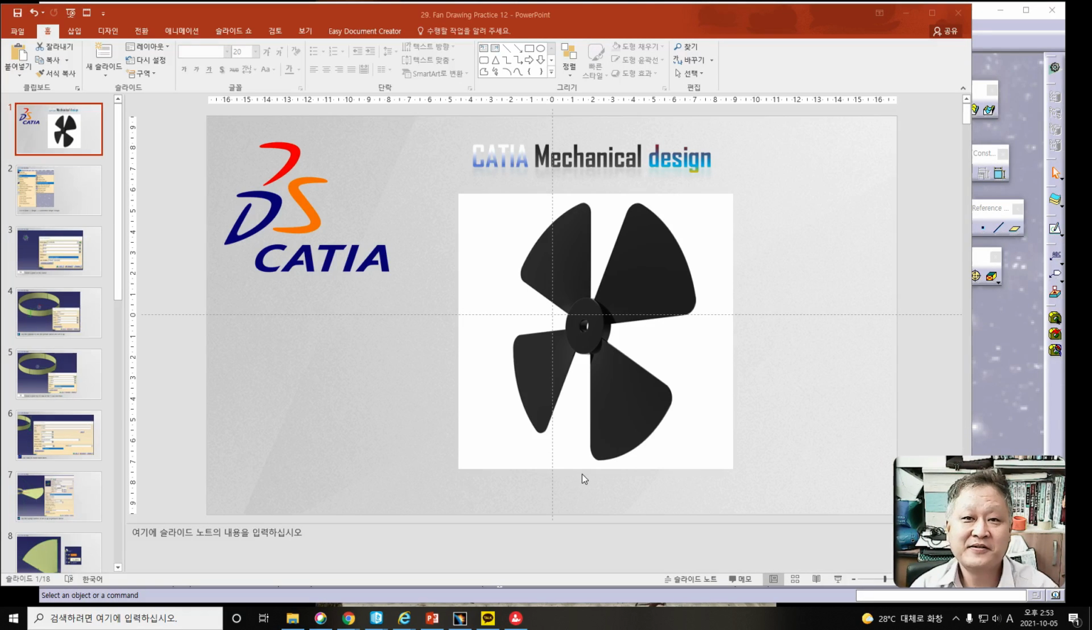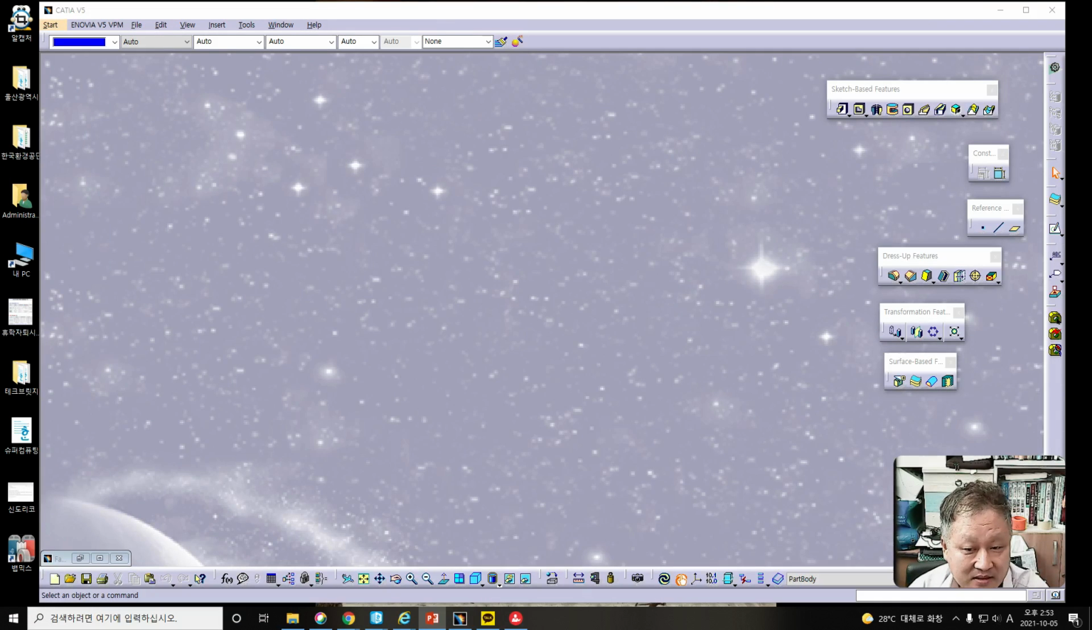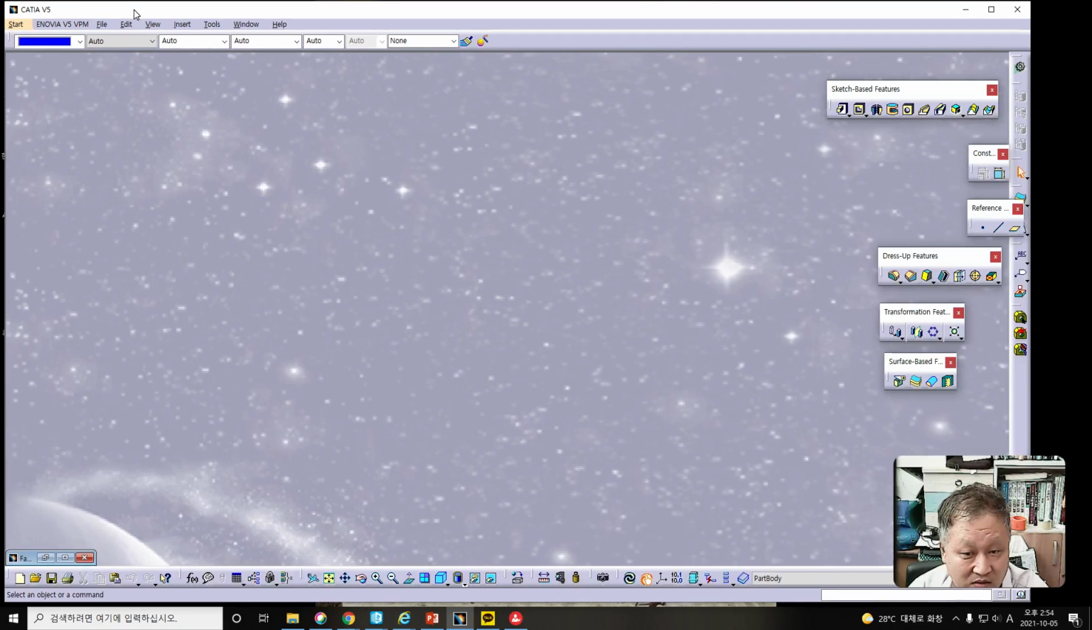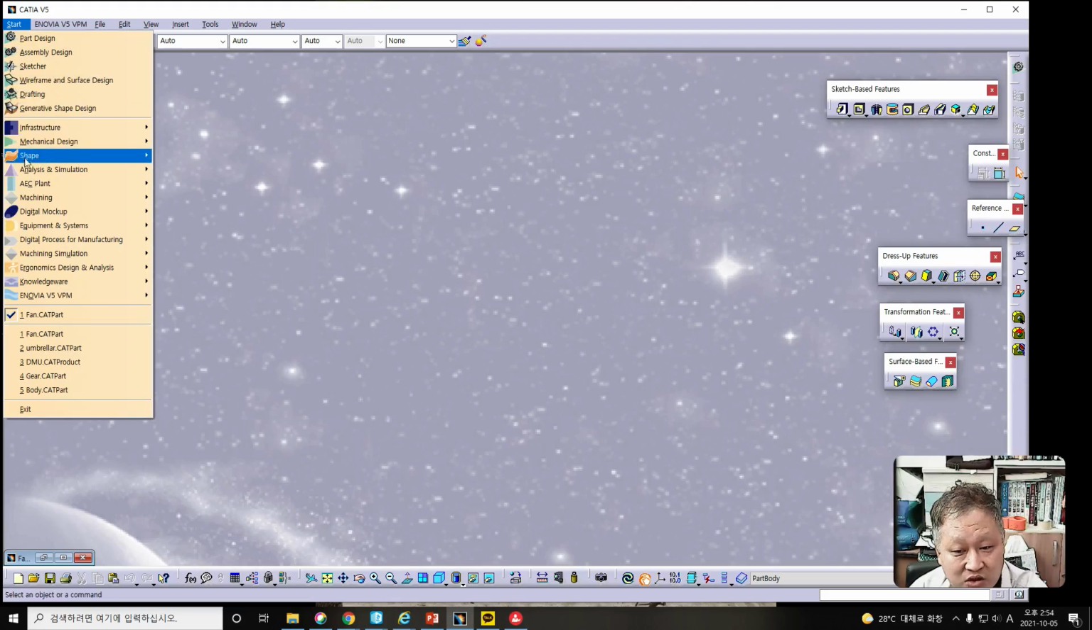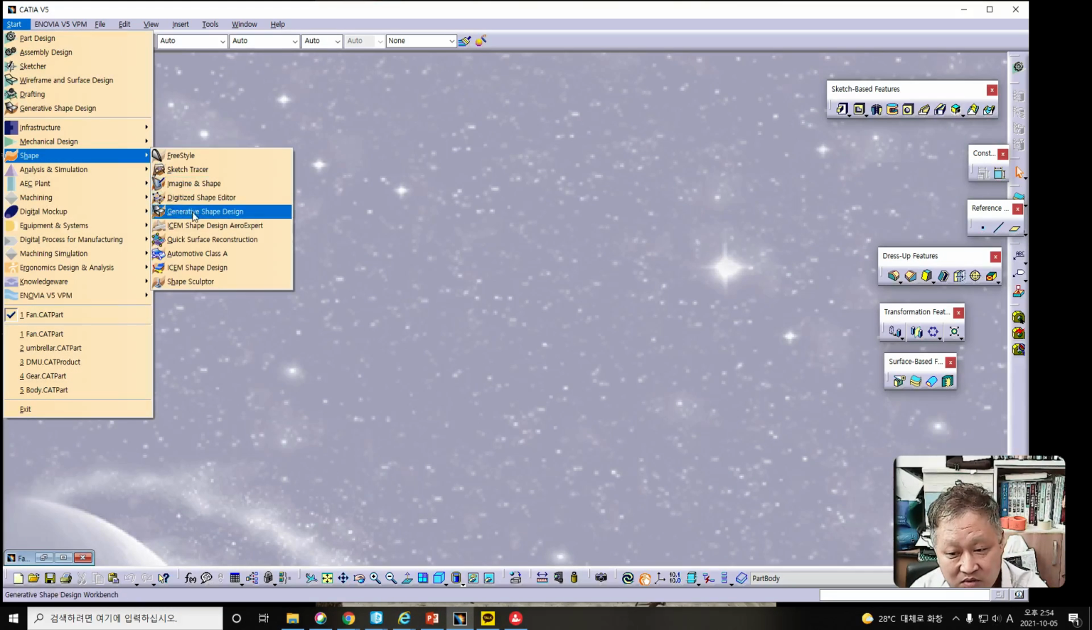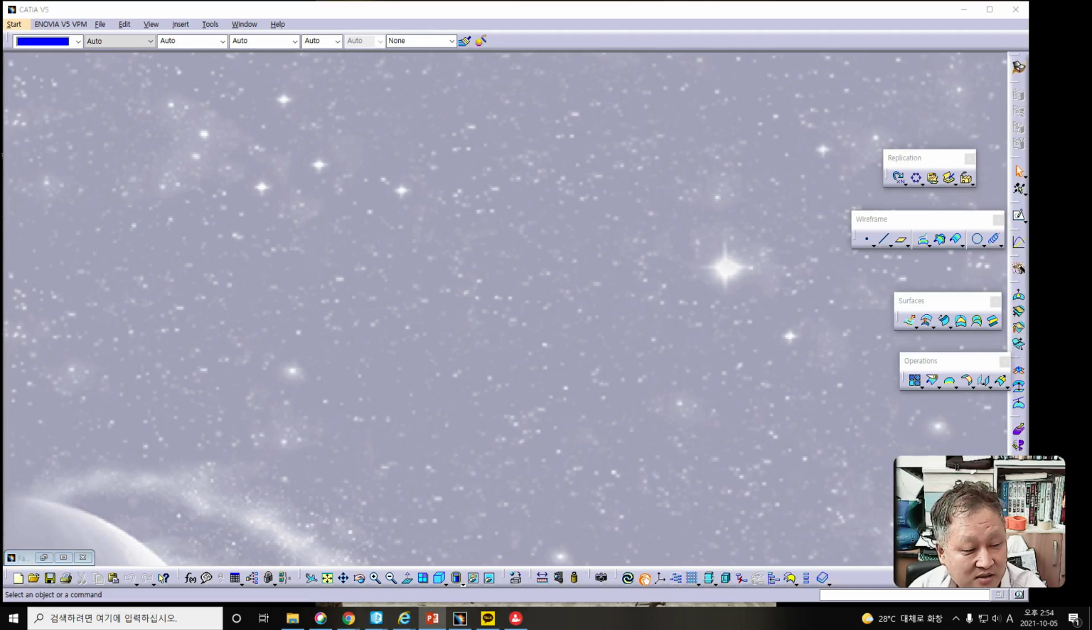Hello everyone, let me have a chance to draw a fan today. Maybe the fan shape is like this. For making the fan practice, we should enter the start shape, and the generative shape design entrance is needed